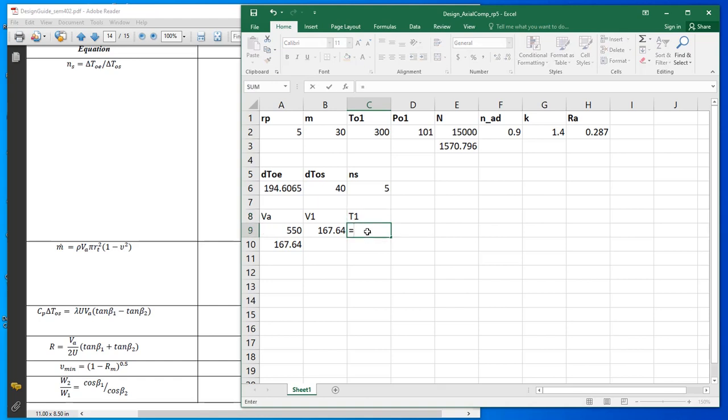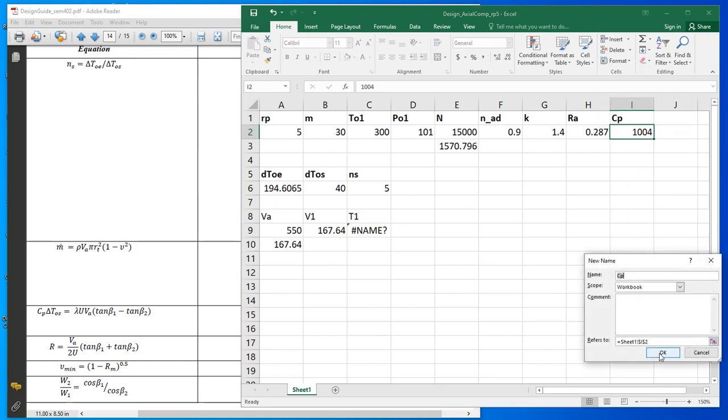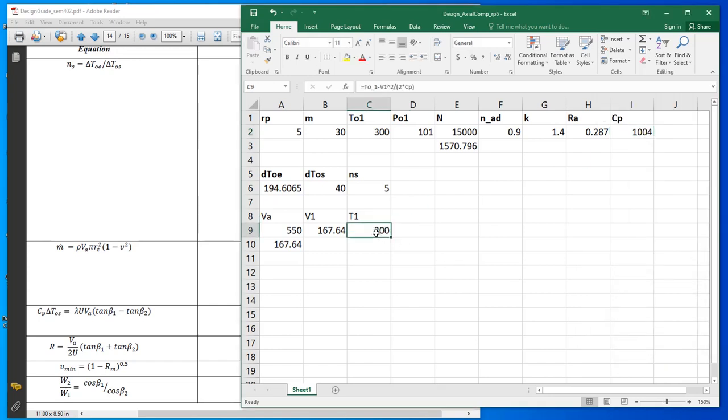which is equal to T0 underscore 1 minus V1 square divided by 2 times Cp, and the Cp value is not known, so we can enter it over here, 1004. That's your Cp value. Give it a name, define name Cp. Once you do that, T1 is equal to 300